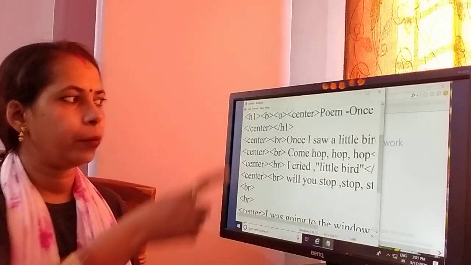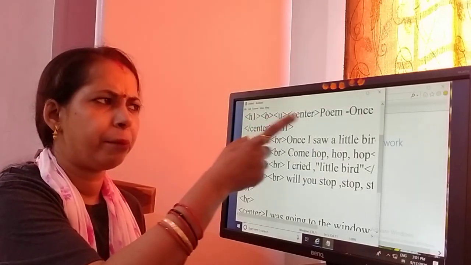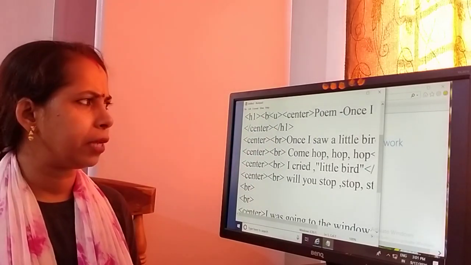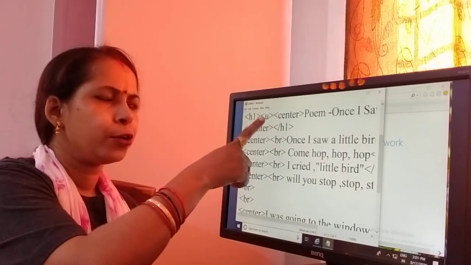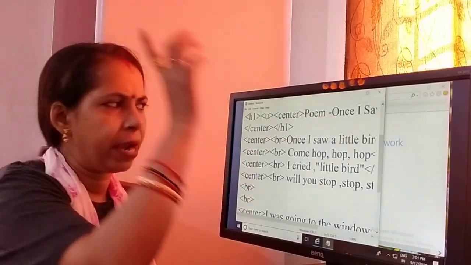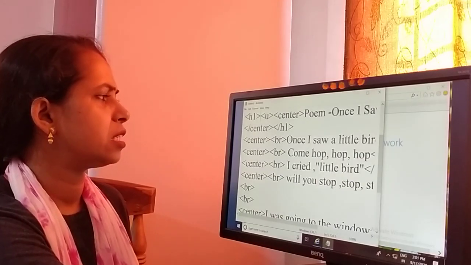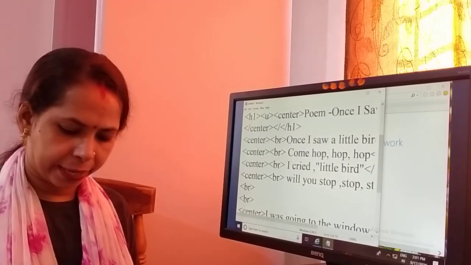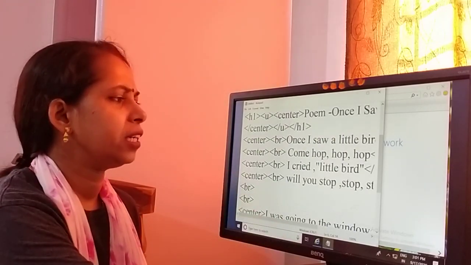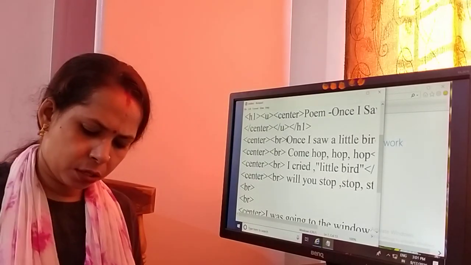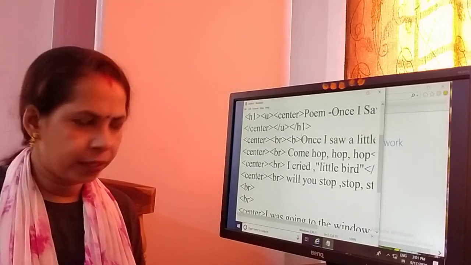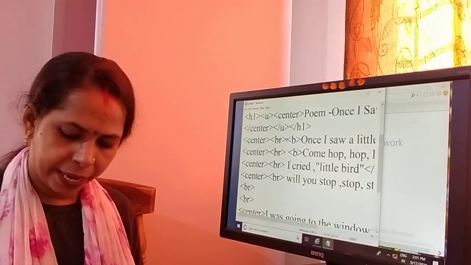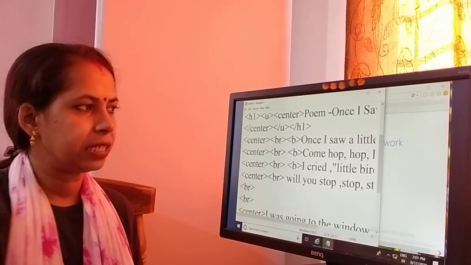So that word is coming in bold, underline, because H1 is already a bolder font. Okay, so we don't take it. We are taking only H1 and U for underline in center alignment. After that we will close inside the H1, close the U tag for underline. After that we will take here in a simple line, we have to write here B for bold, and here also B, and the B tag is also a container tag.